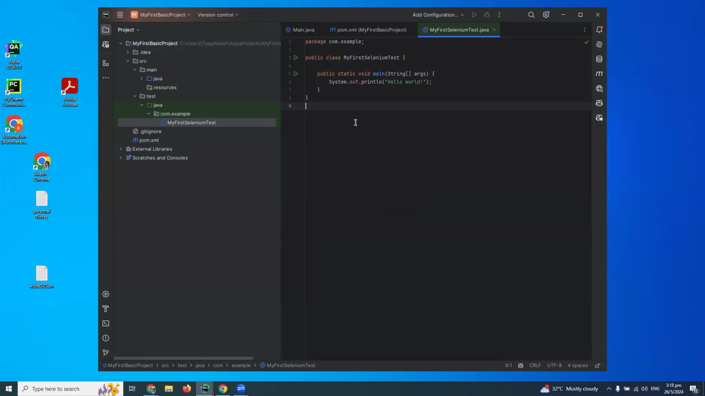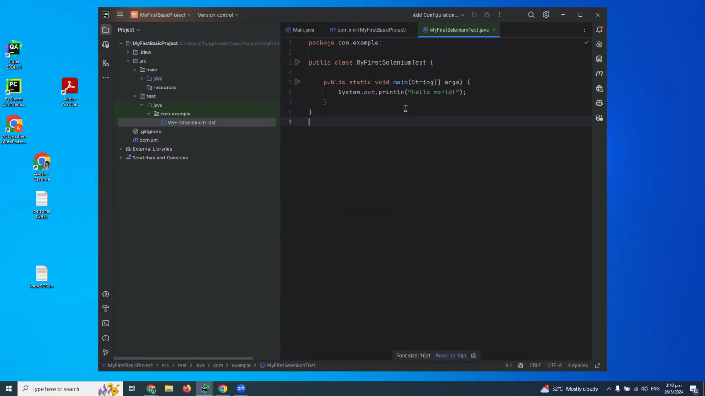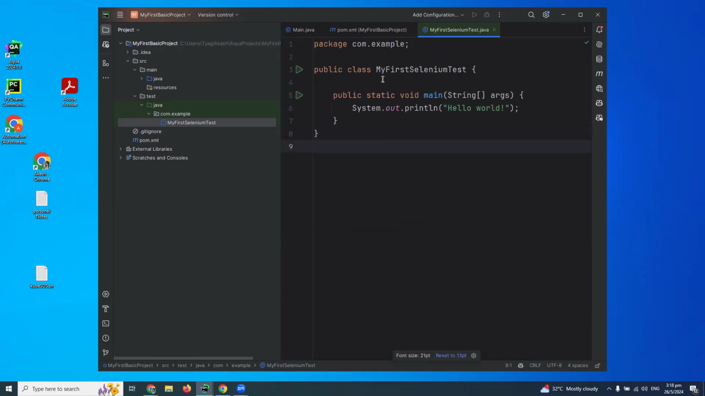I'm not using any framework like JUnit, TestNG, Cucumber. I'm not using any of that, because today's focus is only on Selenium. I don't want to mix up these two concepts of framework, JUnit, TestNG, Cucumber, with Selenium, for the sake of simplicity. Now once I'm here, let me make it a bit bigger. So I have the class, I have a static void main, and that's where I'm going to write my